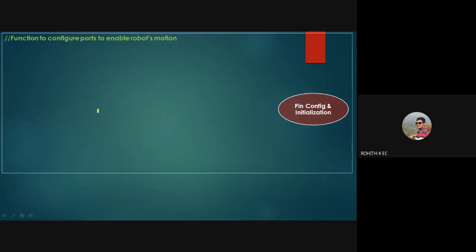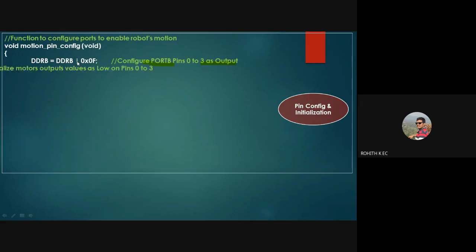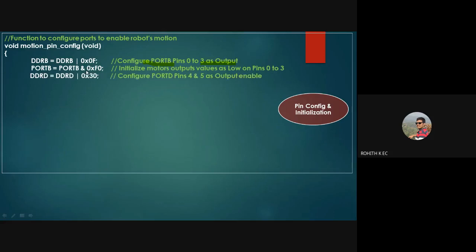Then comes motion pin configuration. So motor pins are connected to the lower nibble of port B. So you'll be performing an OR operation, and you'll be sending 0F. When this happens, your lower nibble, that is the lower nibble of port B, will be configured as output, without disturbing the higher nibble contents, by performing the OR operation. Then initially you want to reset the contents, so you'll perform an AND operation.